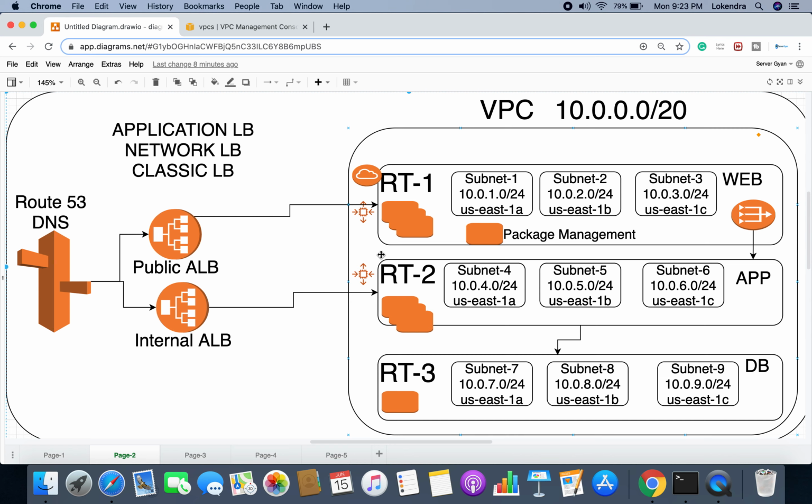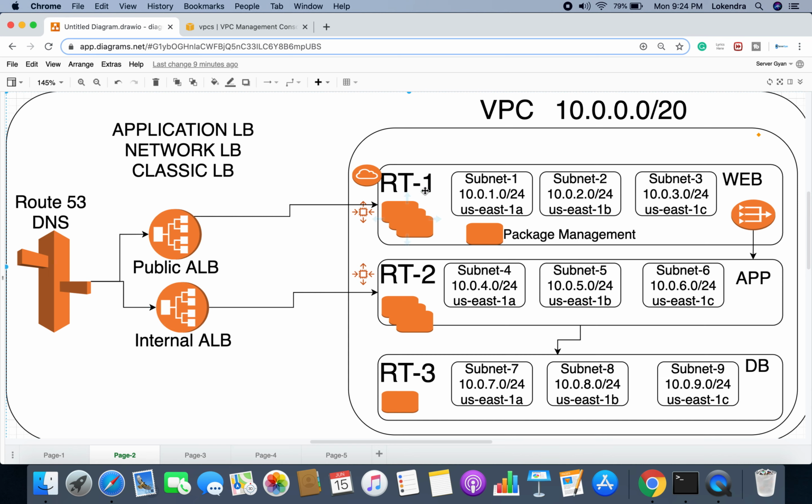My name is Dr. Lokendra Singh, and within this video we are going to discuss the implementation part of this scenario. It means the particular things which we discussed in the last video, we are going to see the implementation part of this. But we are going to cover the VPC section only within this video, and if you face any problem while setting up a load balancer, whether a public load balancer or an internal load balancer, then we can create another video based on the requirement.